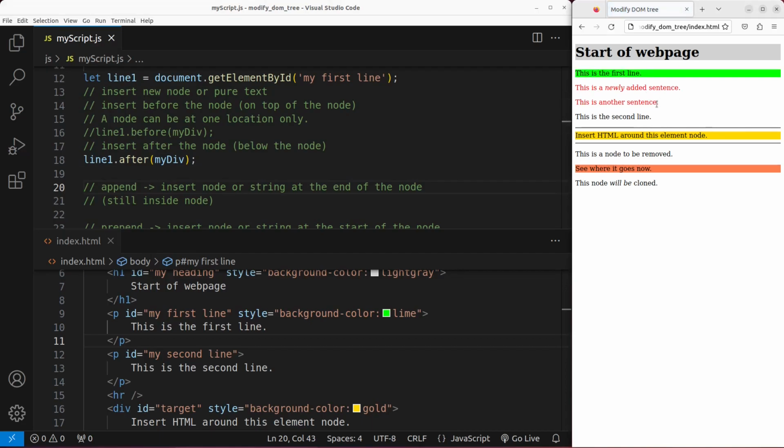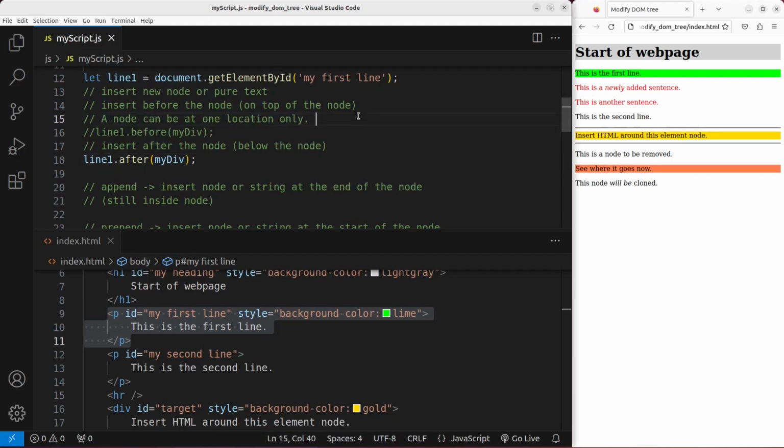Reload. Yes, you can see that the division, which is a newly created one, is put after the paragraph node. And you can see clearly by identifying the background color of the original paragraph node. Okay, so you can see that the word after here means that I really put something after my node in concern. So when we go back to the sentence here, we have to notice that a node can be at